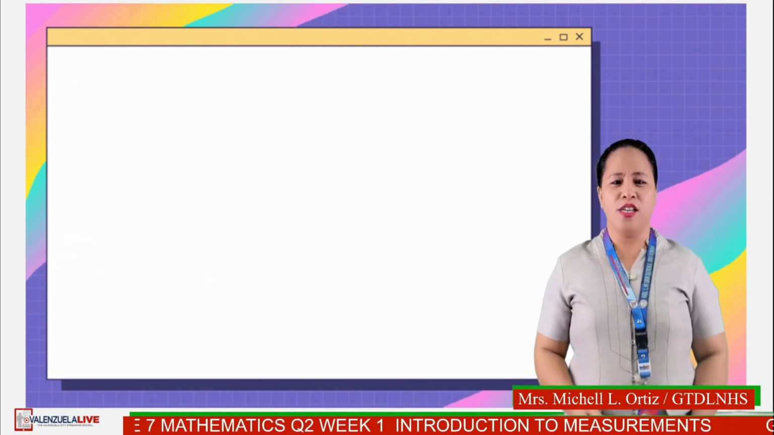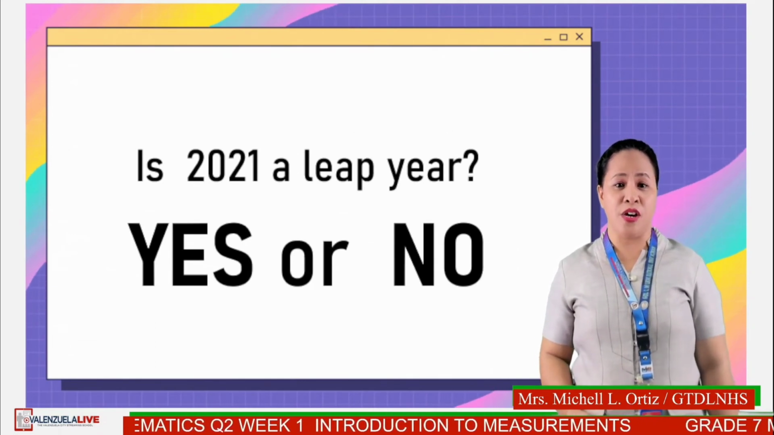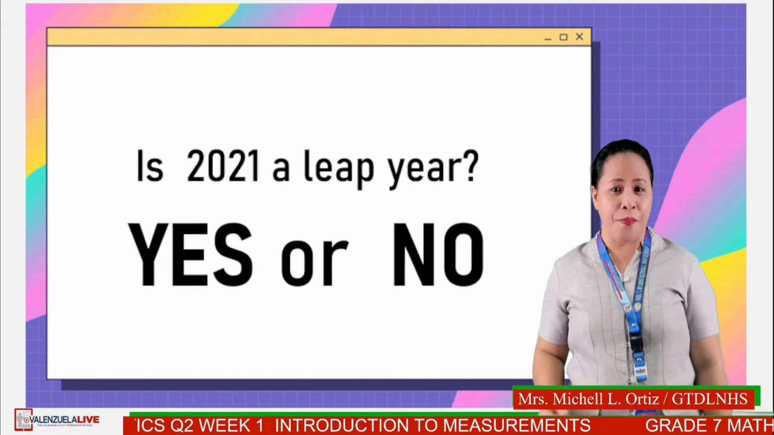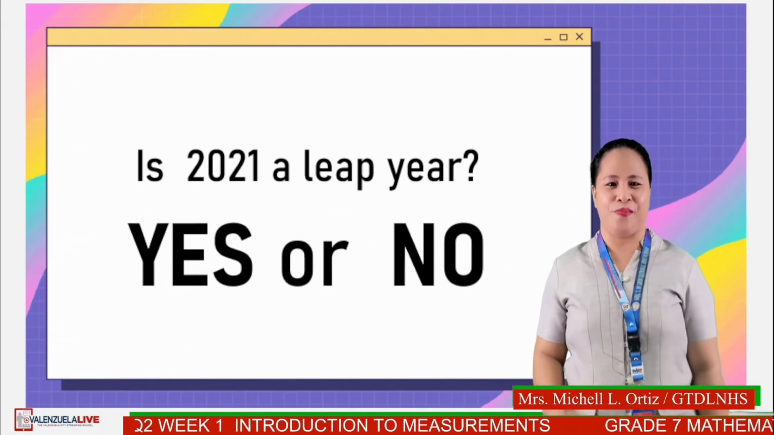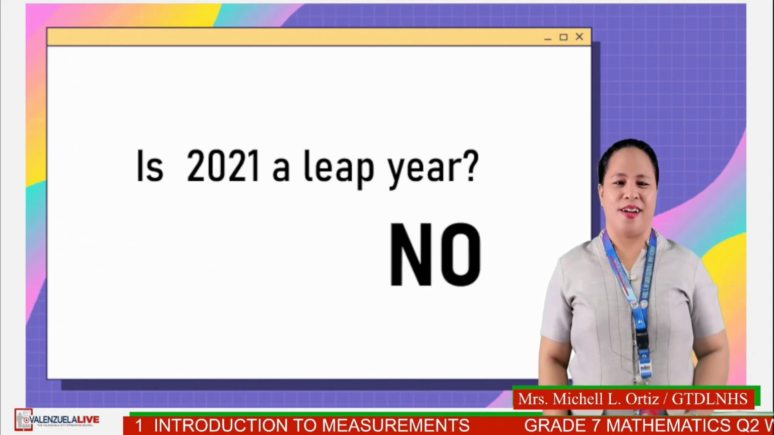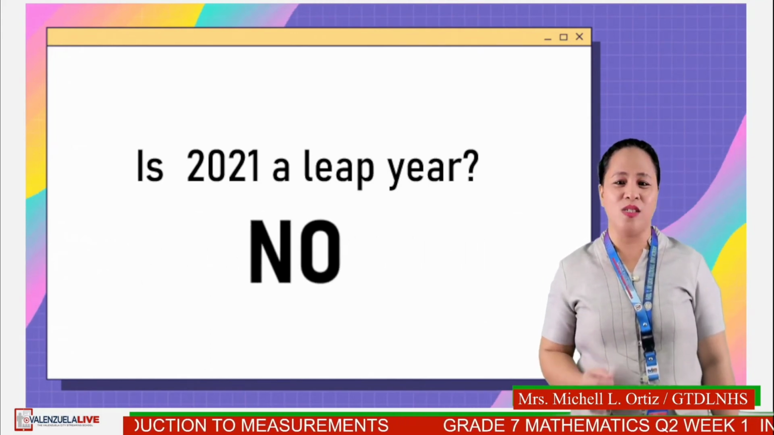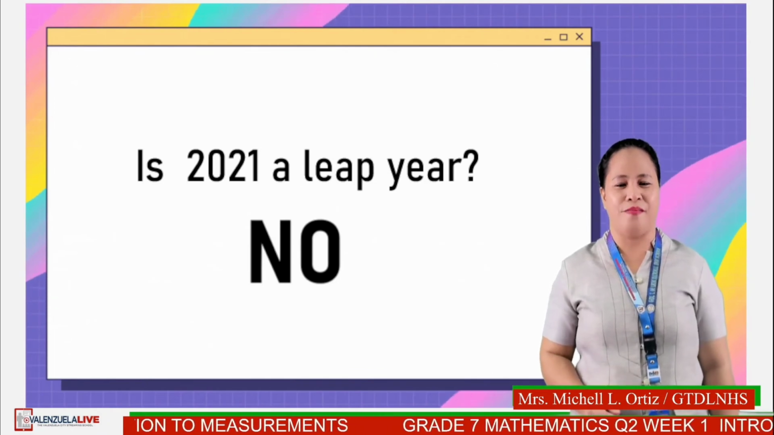Can you answer this question? Is year 2021 a leap year? Yes or no? No, because 2021 is not divisible by